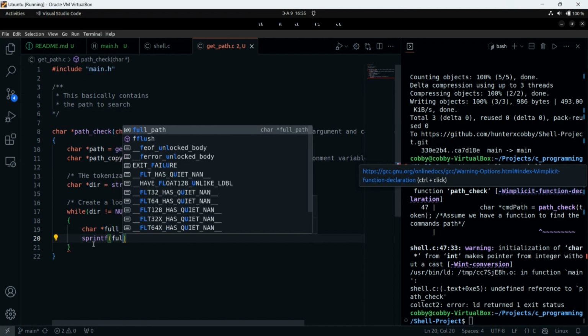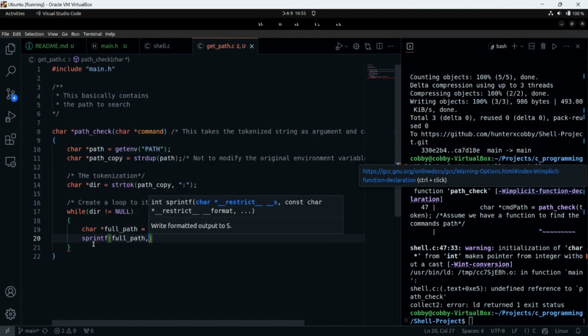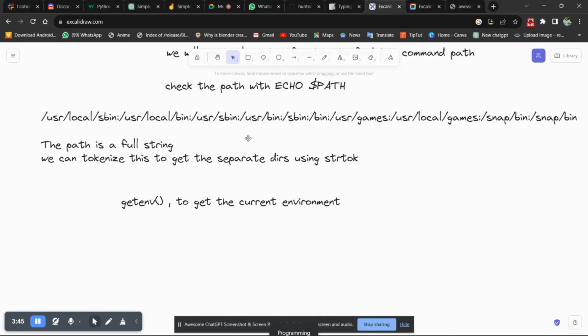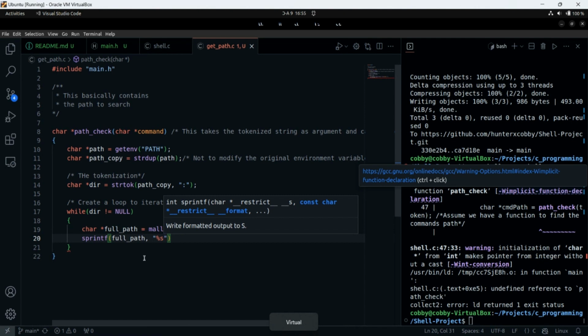First, we are going to format the full path we have. This full path is going to be a string, separated by a forward slash, and then another string. Because if you have bin ls, the only thing that separates the bin from the ls is the forward slash.